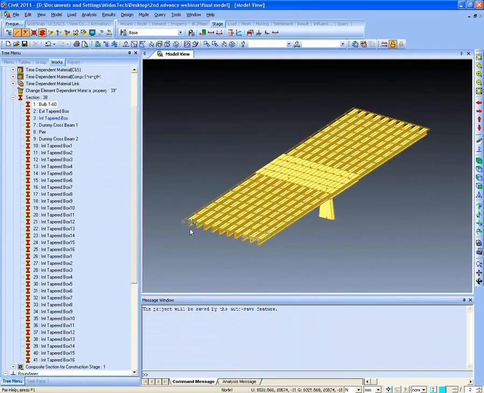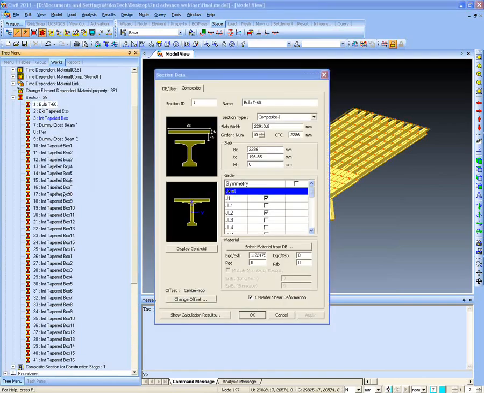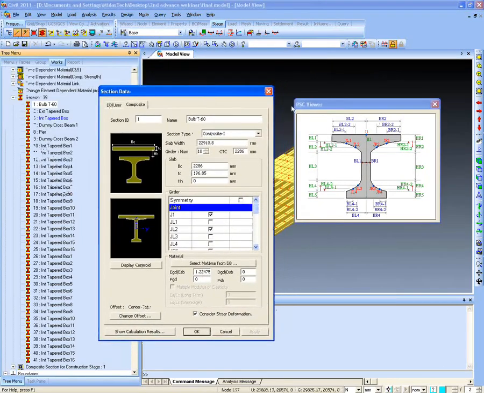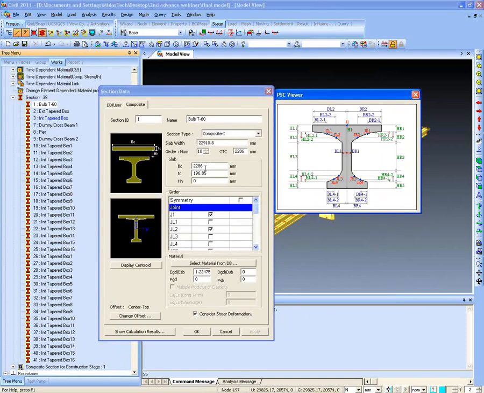So it contains 9 different composite sections and there is a deck on the top of it. So while calculating the IZZ for the deck, we need to enter the total deck width here in the slab width and the number of girders. So while the program calculates the IZ,